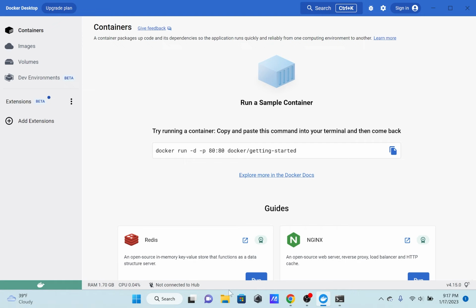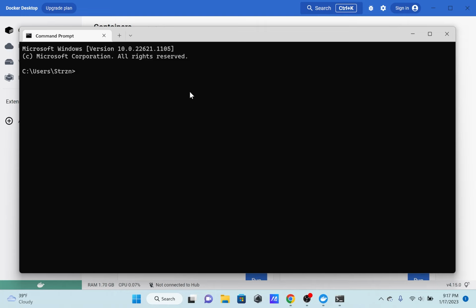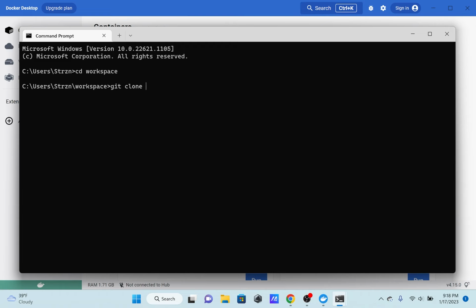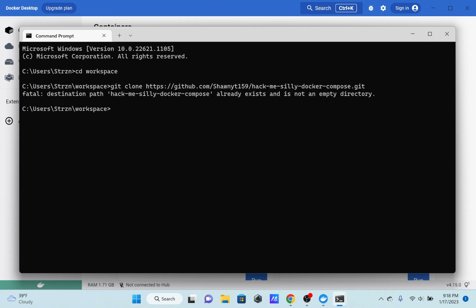So cmd, worked anyway. I want you to change directories to somewhere that you feel comfortable working in, and I want you to make a directory. I want you to use this command that I'm also going to post in the description. You just want to type in git clone and this URL, and that will